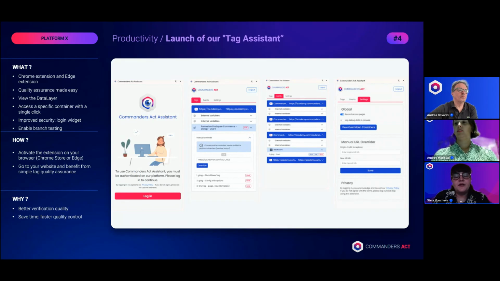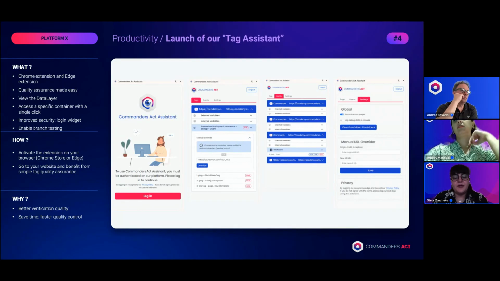And it also allows you to test the branch, what we talked about earlier. How is this made? So you or your IT, depending on your company setup, can activate the extension on your browser and you can just work with it.